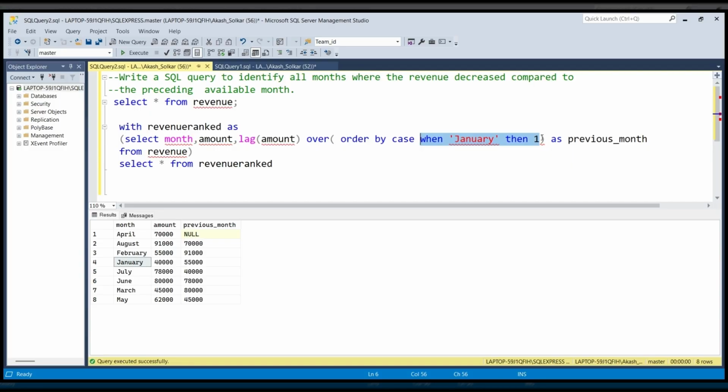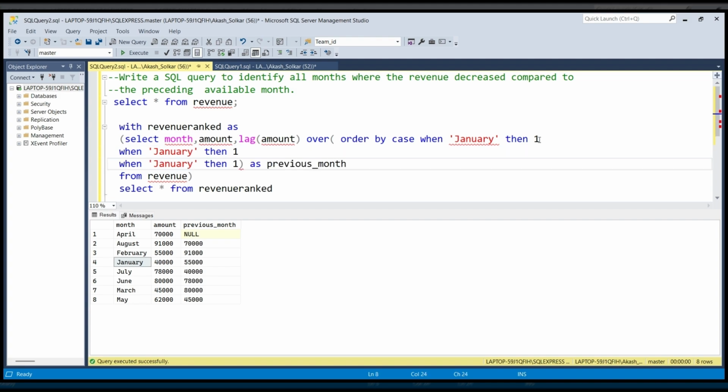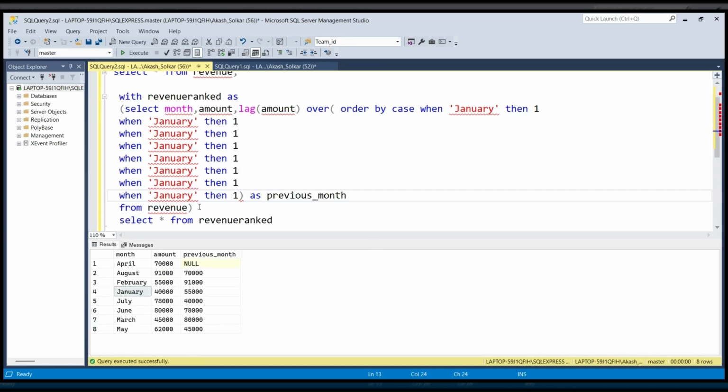Control 1, control 2, control 3, control 4, control 5, control 6, control 7, control 8. Okay, there are 8 months, so I'm going to use 8 case statements. Like January, second I'm going to use February, third March,